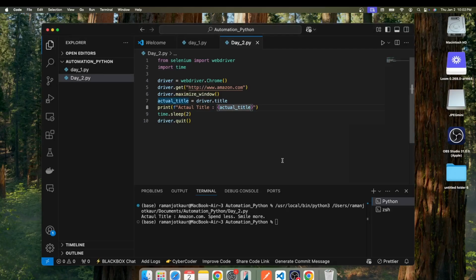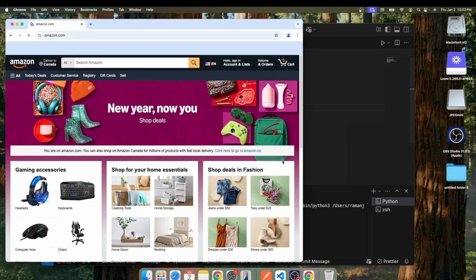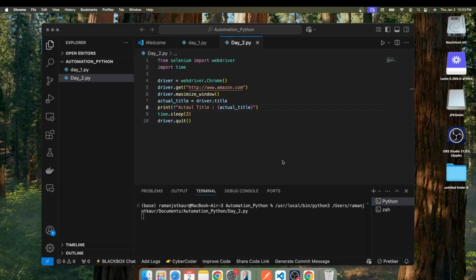looks good. So it performed all the required actions, and then if you see on the terminal or on the console, you can see actual title, the actual title of my web page, which is from Amazon. The title is amazon.com. Spend less. Smile more. So that is how you can get your web page title and print it on